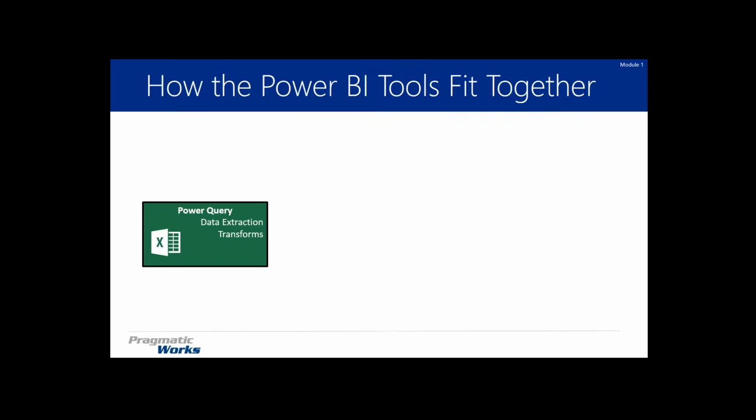Okay, so again, here are all the tools that we're going to talk through today. Power Query is what we're going to use to pull the data out of some places. You can pull data from a lot of different locations. I'm actually going to mainly use some data from the internet today. We're going to take that data from the internet using Power Query, or from your database locally, and then move that data into Power Pivot, where we're going to model the data. We're going to take the data and put some relationships in. I'll show you guys how to do some of that.